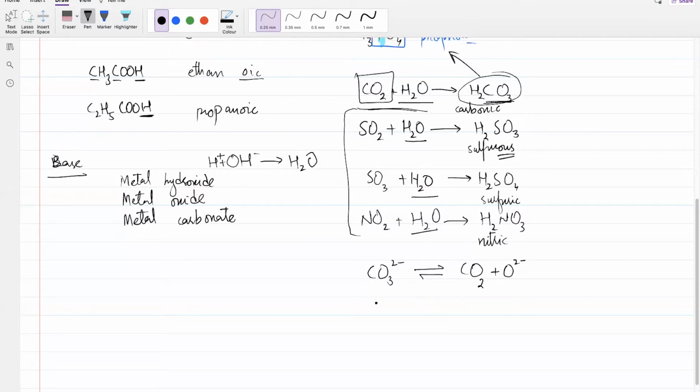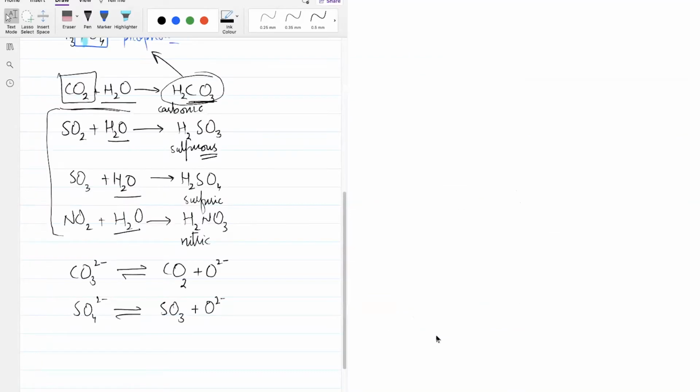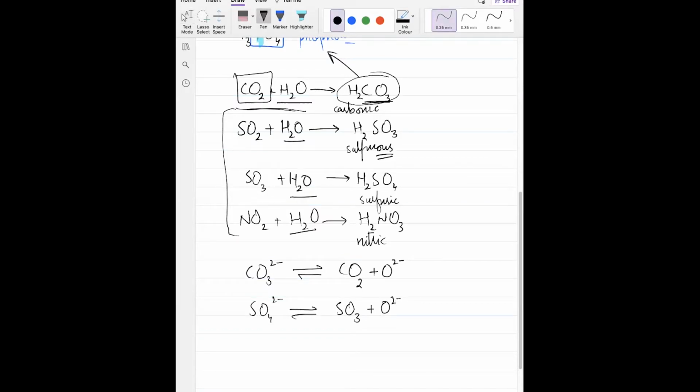Similarly, sulfate is nothing but sulfur trioxide attached to an oxide. So they are all different forms of oxide. ऑक्साइड के साथ कार्बन डाइऑक्साइड रिएक्ट कर दोगे कार्बोनेट बन जाएगा, नाइट्रोजन डाइऑक्साइड रिएक्ट कर दोगे नाइट्रेट बन जाएगा, सल्फर डाइऑक्साइड रिएक्ट कर दोगे सल्फाइड बन जाएगा, सल्फर ट्राइऑक्साइड रिएक्ट कर दोगे सल्फेट बन जाएगा. So these ions are all formed when you join some gas with oxide.